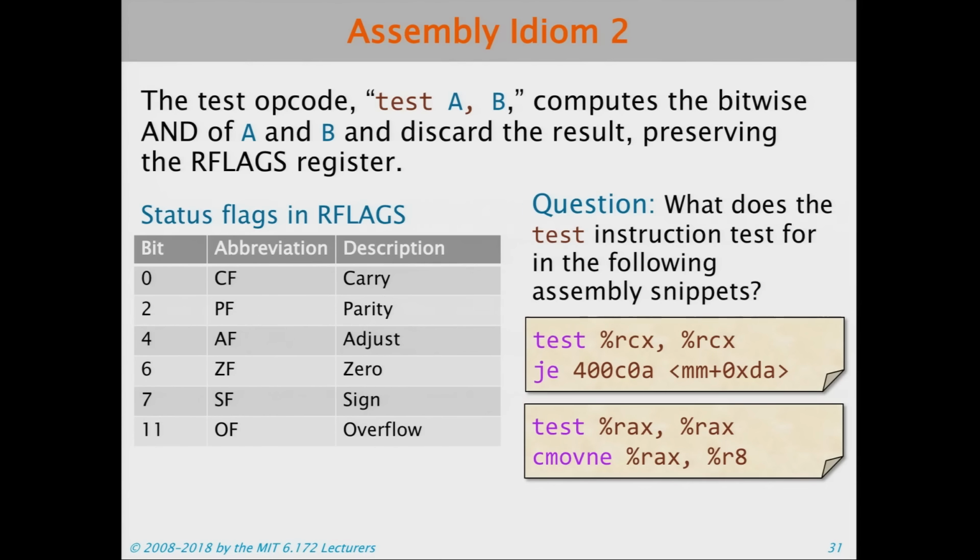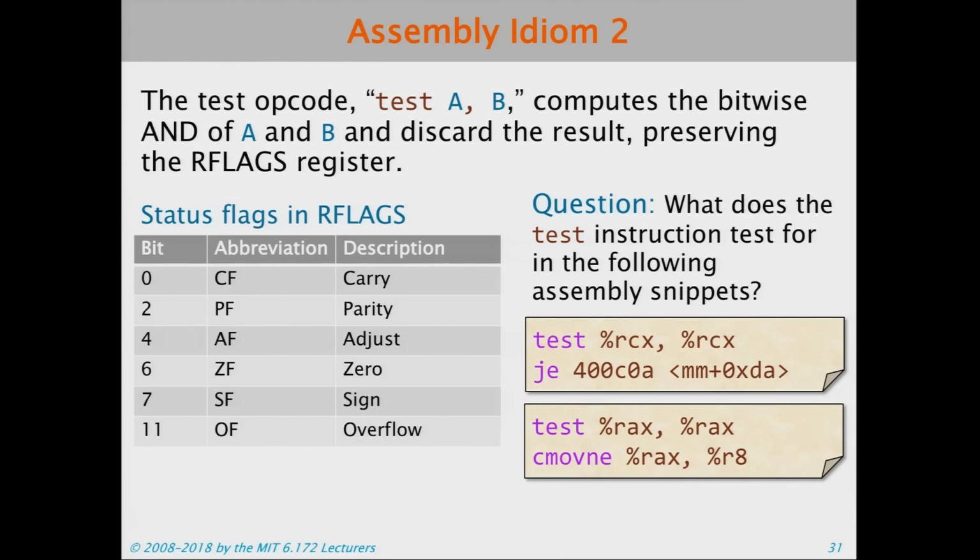The test opcode, test A B, computes the bitwise AND of A and B and discards the result, preserving the flags register. So basically, what does the test instruction for these things do? What is the first one doing? So it takes RCX. Is it a jump? It jumps to 400C in that place if RCX is